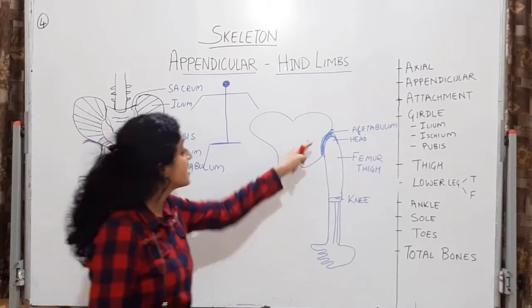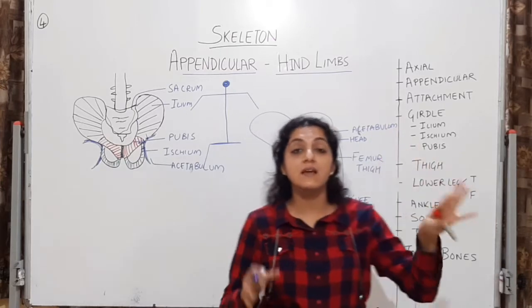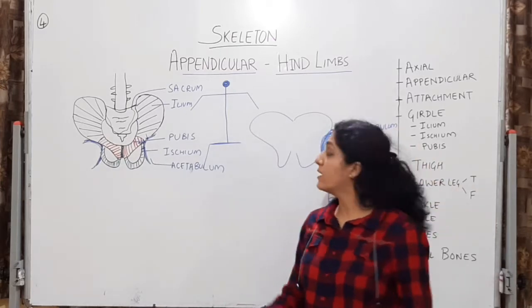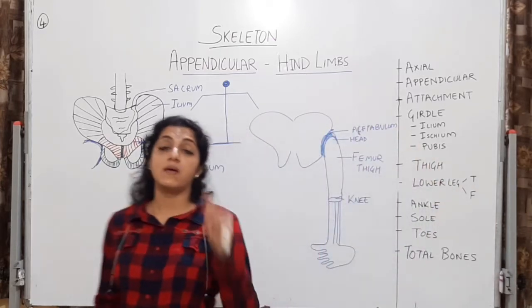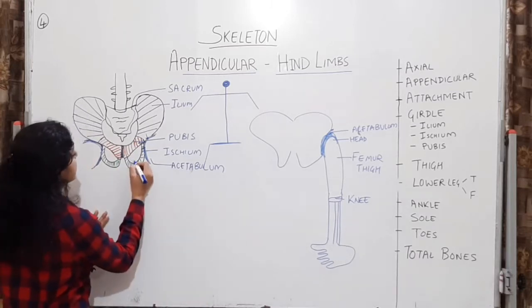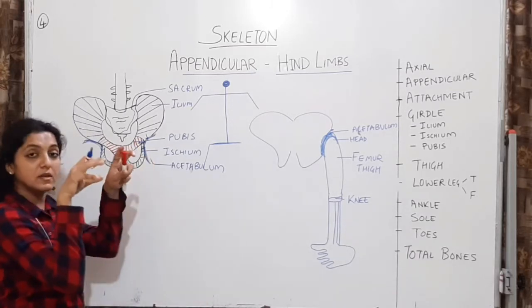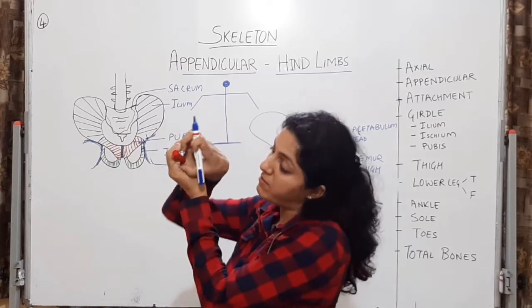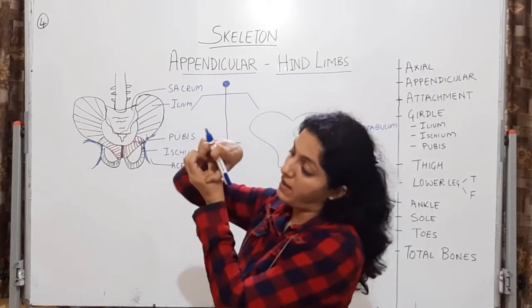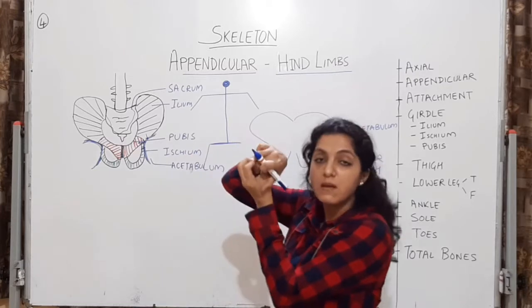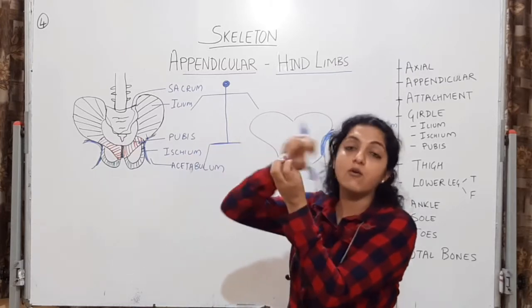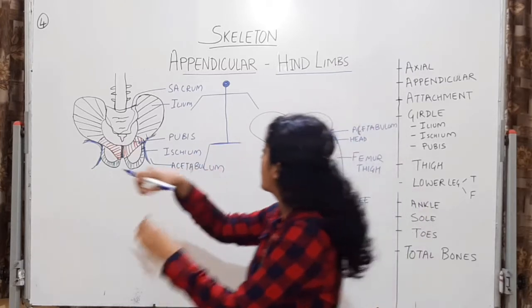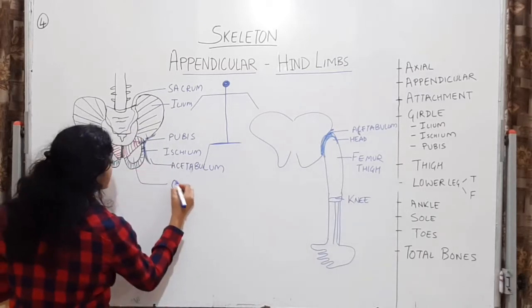ये तीनों bones के fusion से बनेगा. That is the ilium, ischium and pubis. Now the ilium, the pubis and the ischium, they also form one foramen. जहाँ पे ilium, जहाँ पे ischium और pubis join होते हैं, वो एक foramen बनाते हैं. एक सर्कल बनाते हैं. ओके, फोरामिन इज सम सर्कल जिसके थ्रू कुछ जा सकता है और बाहर आ सकता है. तो ये फोरामिन का नाम है ऑब्चुरेटर फोरामिन.